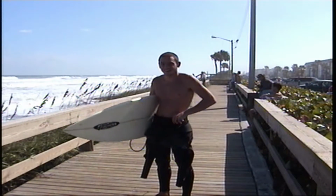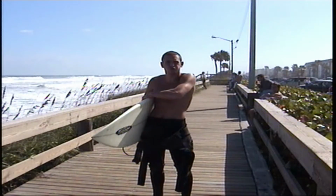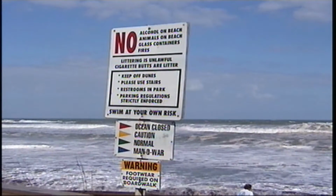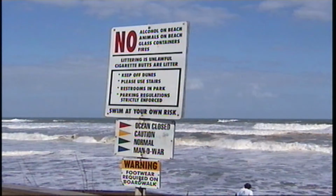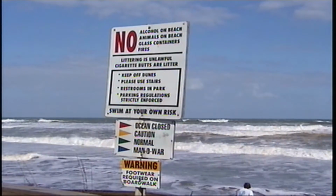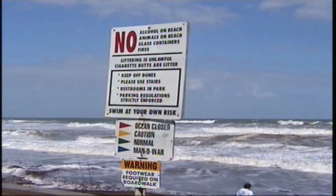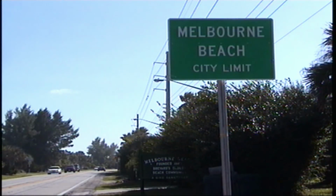We were looking at some waves the other day in Tahiti. They were big. But here's a sign that tells us what we can do and what we can't do here at the beach. There's not many people out there on the beach now. Okay, we're going to head off now for Melbourne Beach. Well, here we are at